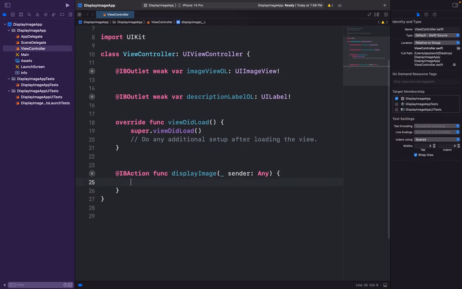So we have to write our simple code in the display image method. Okay, so let me write some comments. As soon as you click, you need to display the image, and you need to display the text in the label as well. We already know how to display the text in a label, which is nothing but description label outlet dot text is equal to